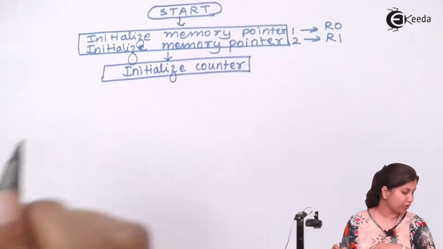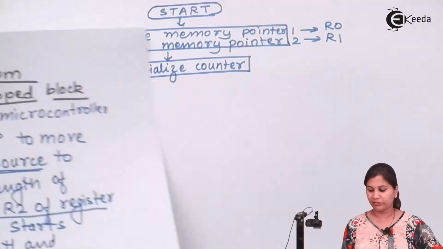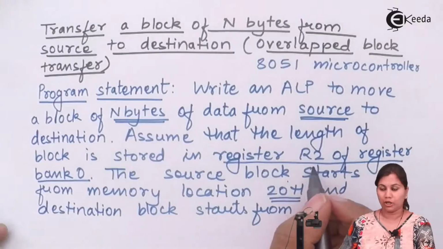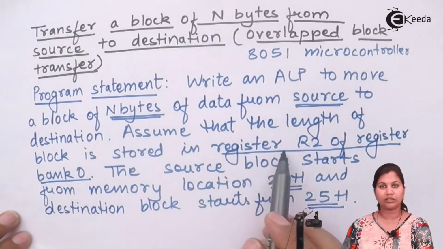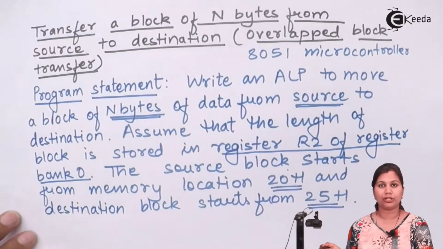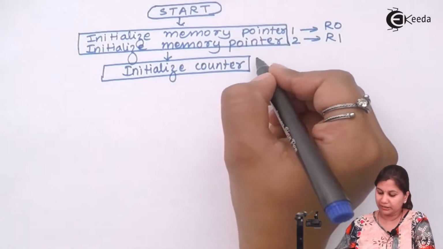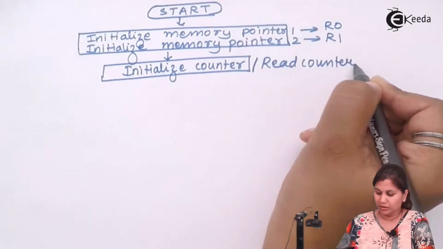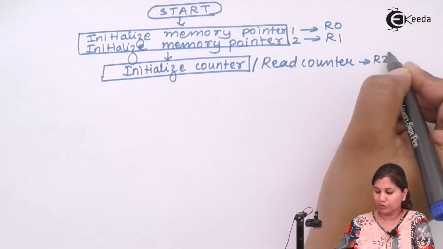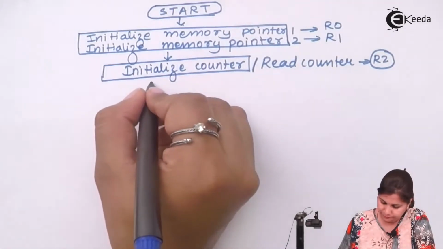Now in the question it was written that the length of that block is stored in register R2. So the user needs to store that value into the register R2, and the microcontroller has to read that value from the register R2. So initialize the counter, or we can say read the counter. Read it from the R2 register. This value is already stored in the R2 register. Okay. Next,